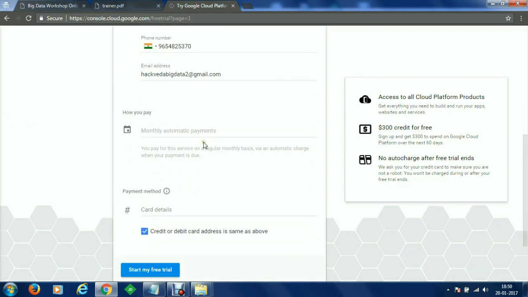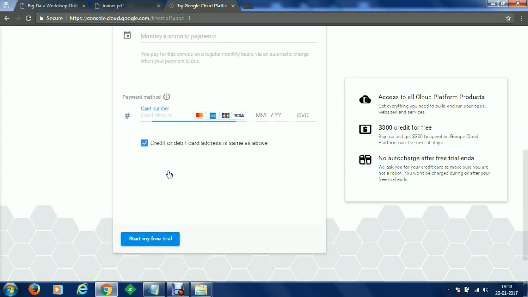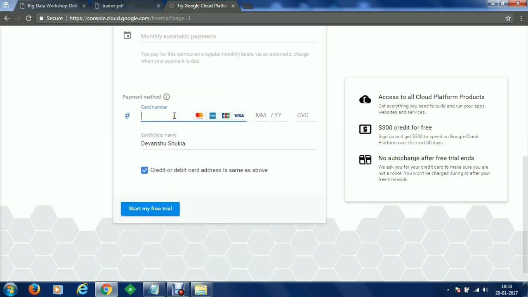Monthly automatic payments, we like to specify the card details here. Let me just specify my card details. So you have to specify your card number here. You have to specify your credit expiry date. You have to specify the year in which your card is expiring.